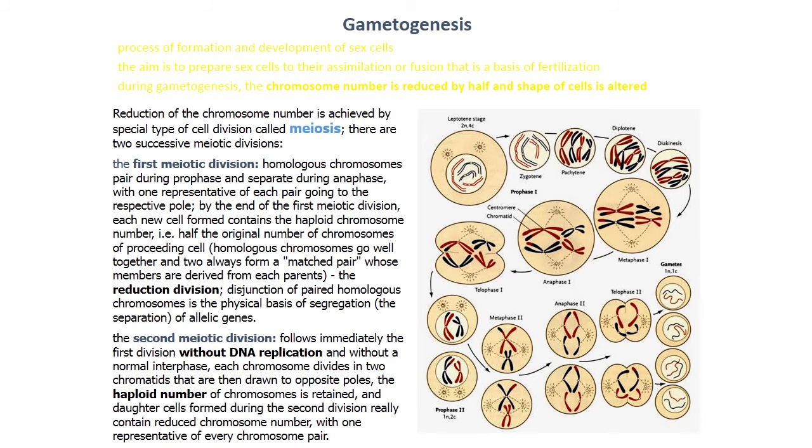Once it attains puberty, by the first meiotic division, each new cell is formed containing a haploid chromosome number. And the second meiotic division usually completes once the egg is ovulated, or the ova is ovulated from